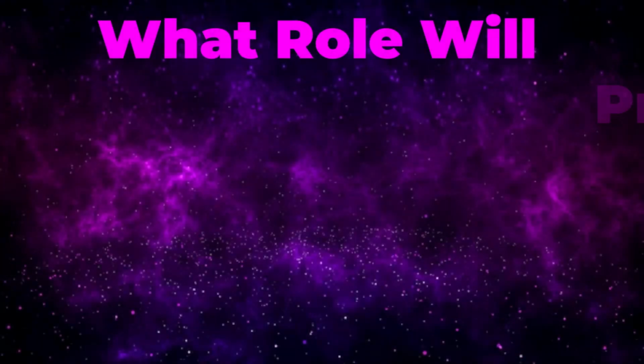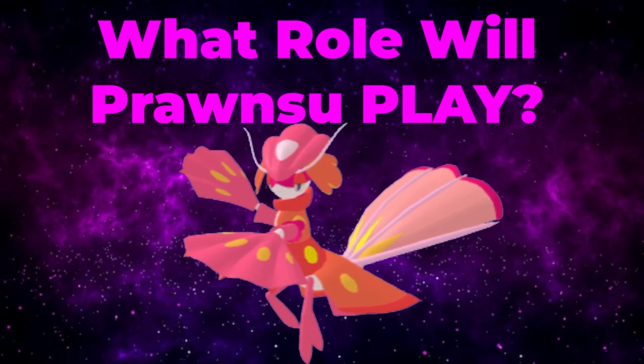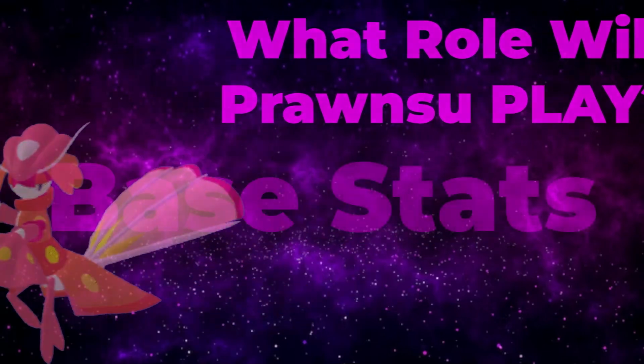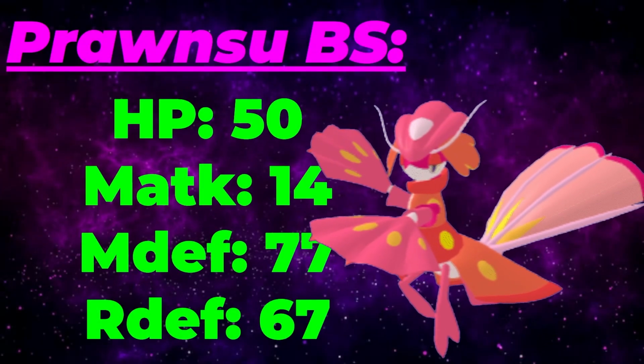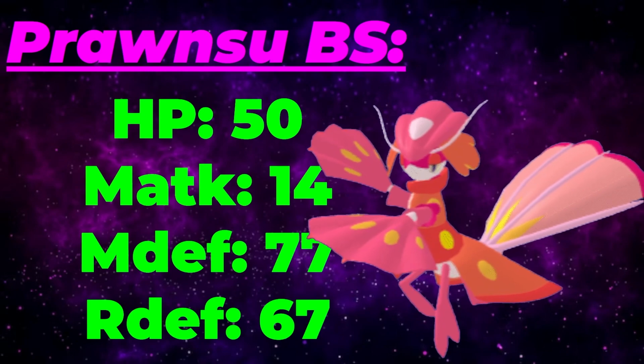So the role that Prawnu is going to play is a very simple question to ask, and we can answer it with its base stats. Its base stats are really simple, with you having very bad melee defense and HP. It doesn't take a genius to tell any of you that these are one of the lowest combinations of bulk for an offensive Lumion. This basically means that Prawnu is going to be a glass cannon